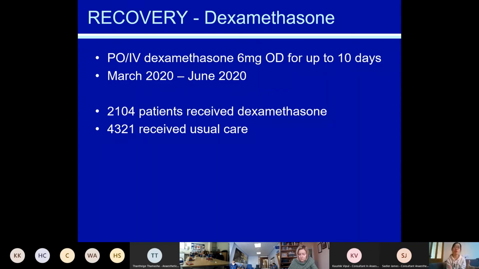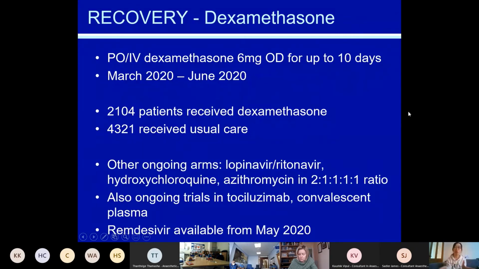Over 4,000 had usual care and 2,000 had dexamethasone, and that was the ratio that the protocol randomized to because there were so many arms at that time. A reminder that in amongst all of this was a lot of noise, so all of these other arms were going on. When Remdesivir came in, I think that might be the REMAP-CAP trial, I remember,